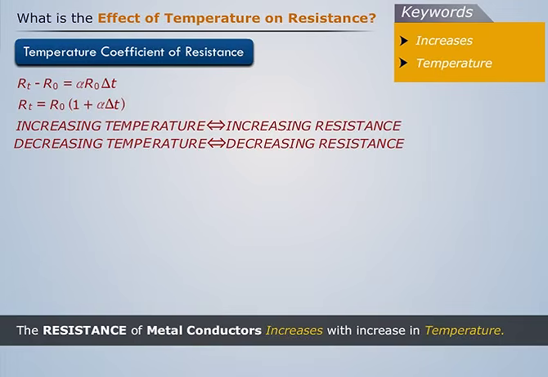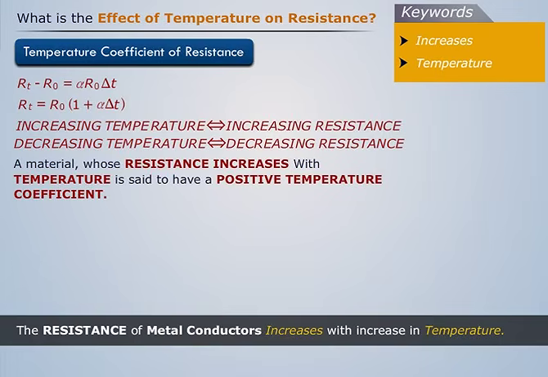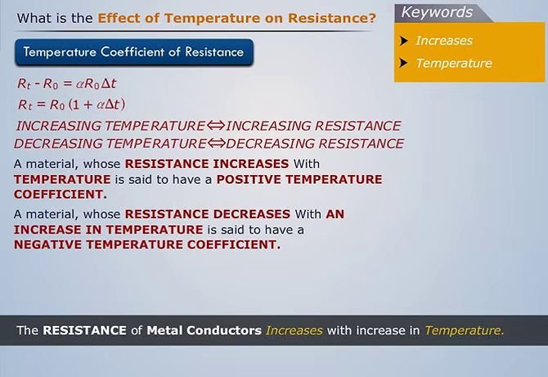Or we can say that a material whose resistance increases with temperature is said to have a positive temperature coefficient, whereas a material whose resistance decreases with an increase in temperature is said to have a negative temperature coefficient. The related term is